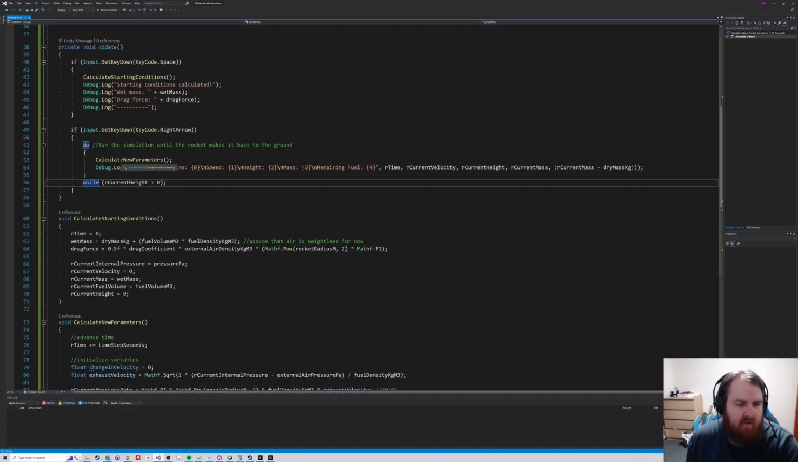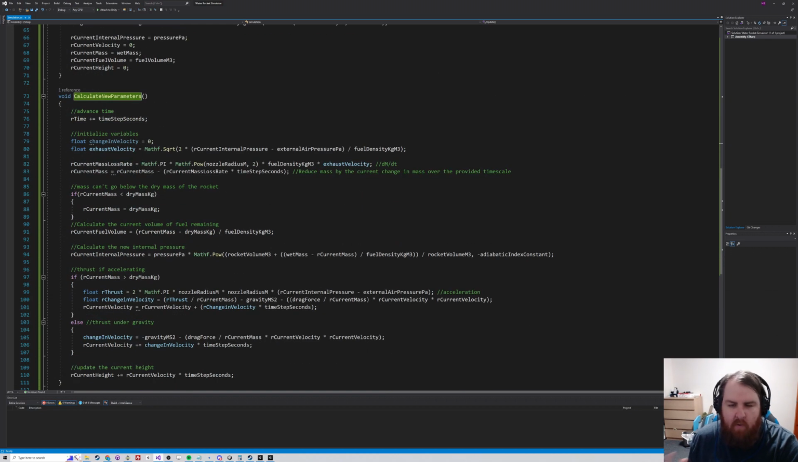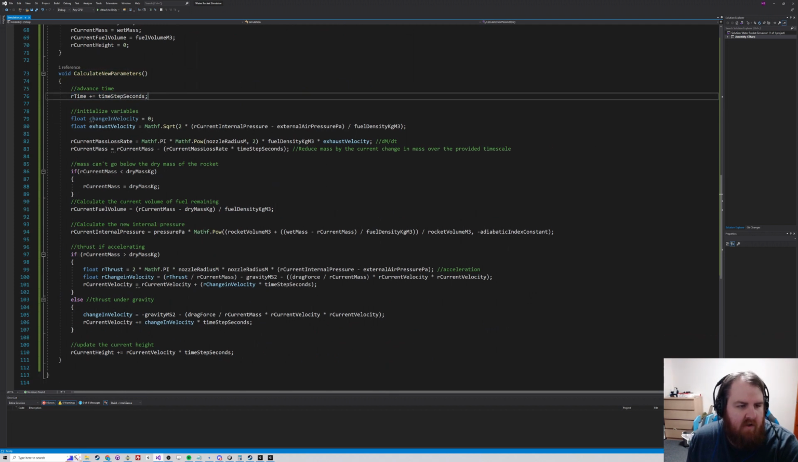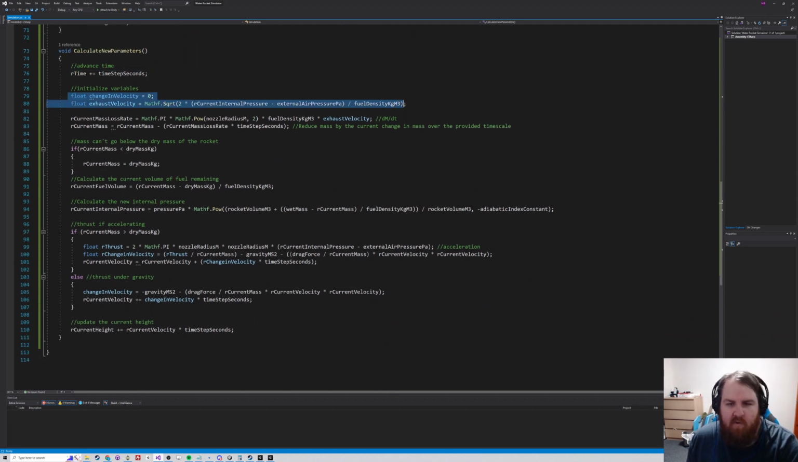So each tick of the simulation, we calculate our new parameters and then we log those values. Calculating new parameters here is sort of the weighty bit of the simulation. We start out by advancing time. We initialize the variables that we're going to need for each tick of the simulation. So we have our change in velocity and the exhaust velocity of the rocket. We have the current mass loss rate,